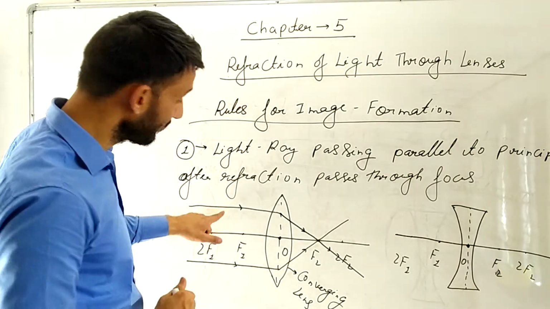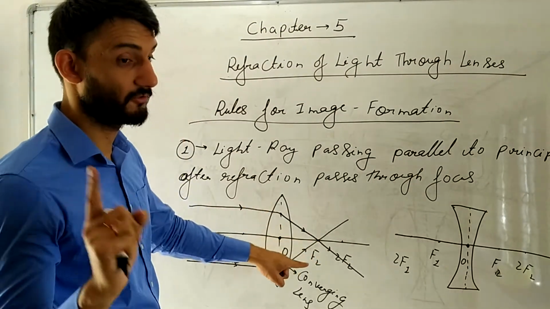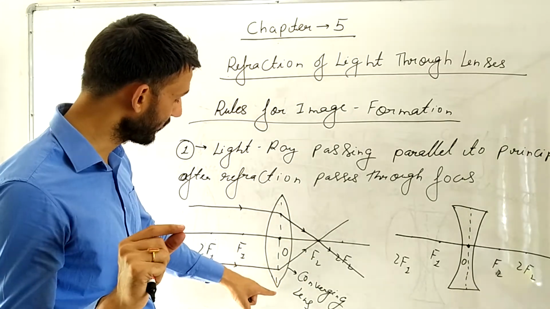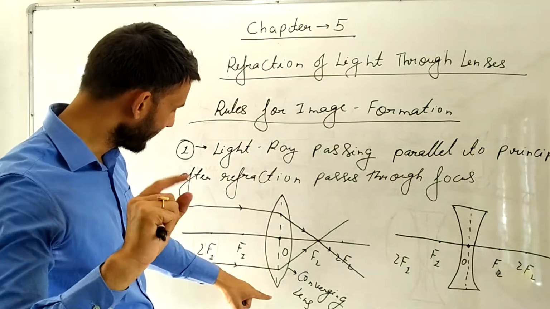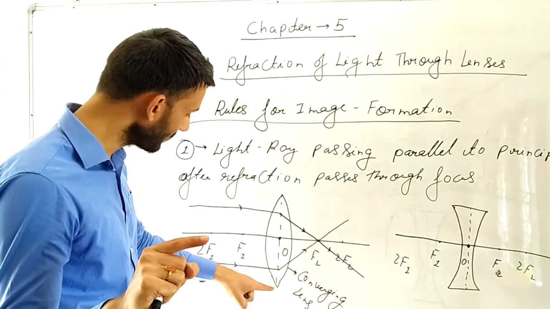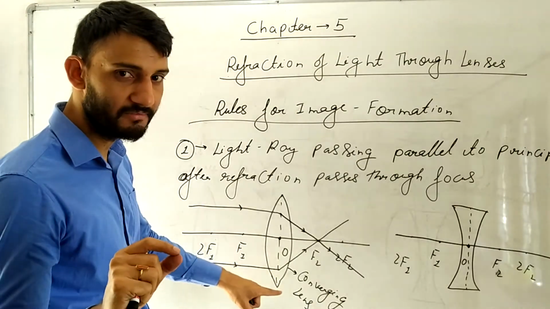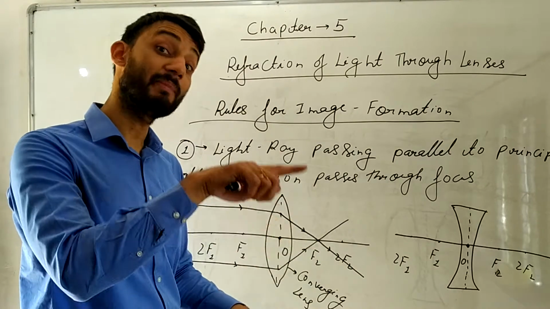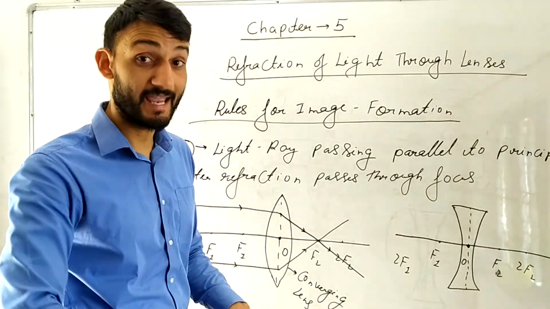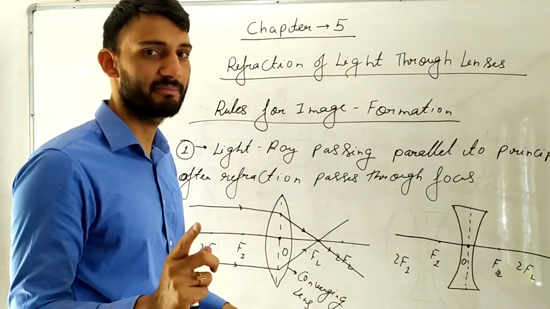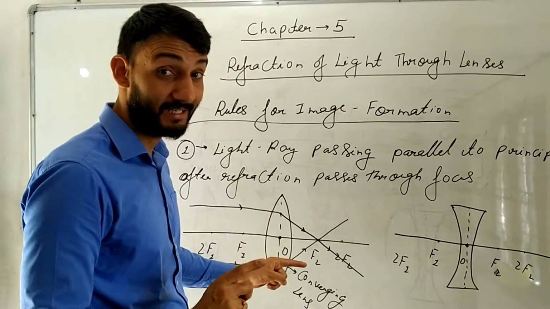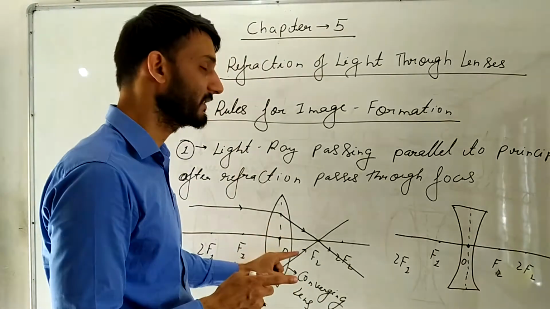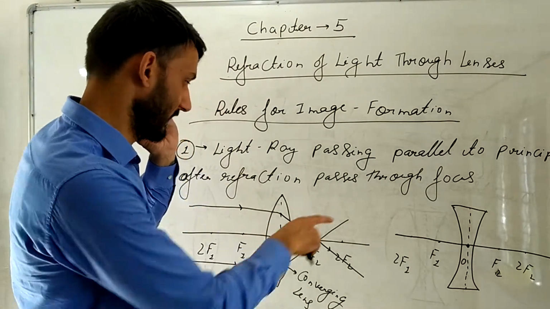Now in this you can see the light rays actually passing through the focus. I am just giving you a hint in order to make you understand what kind of images are going to form by this lens. In this you can see the light ray is actually passing through the focus. So when the light ray actually passes through the focus, what kind of images are formed? Think of the mirror which you did in class 9, and now lenses, because the light ray is actually passing through the focus.